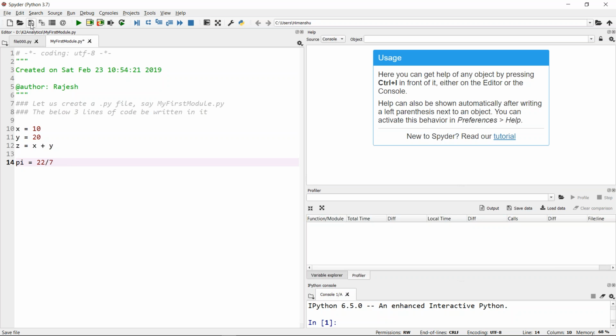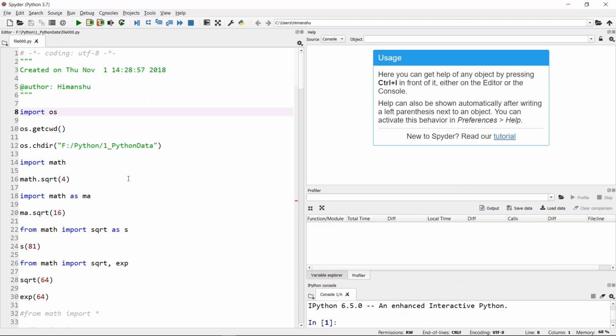And I'll save it. Okay, where have I saved it? I have saved it in DK2 Analytics, my first module.py. I am closing this file. Now I come back to my